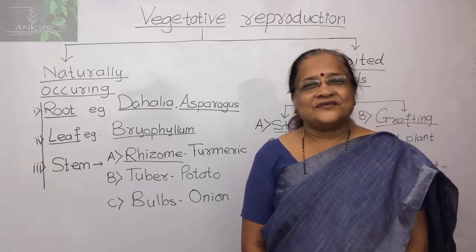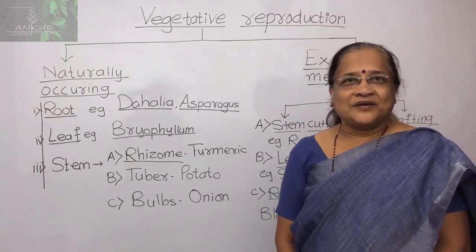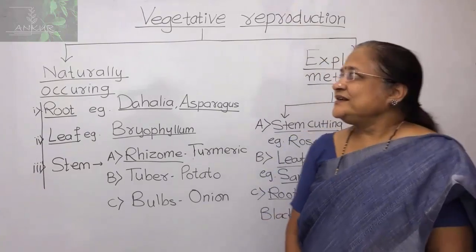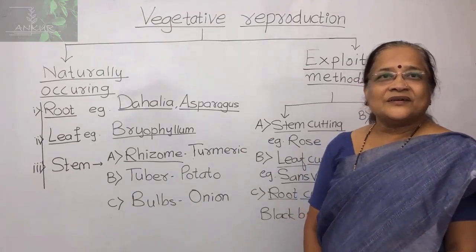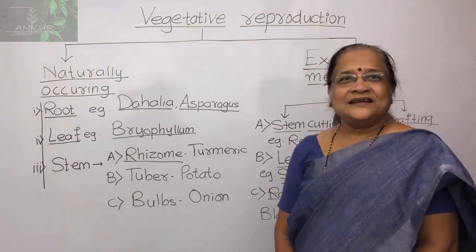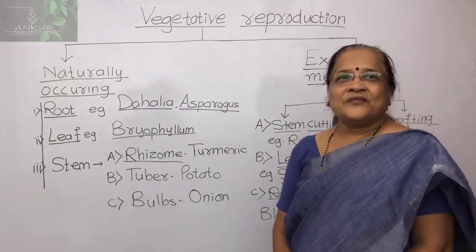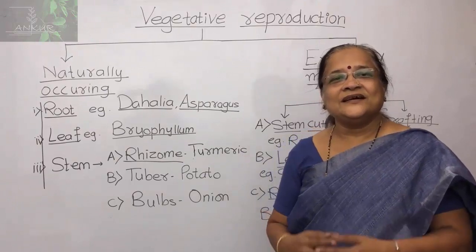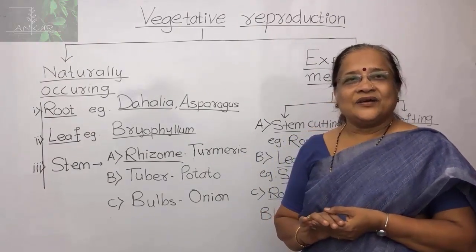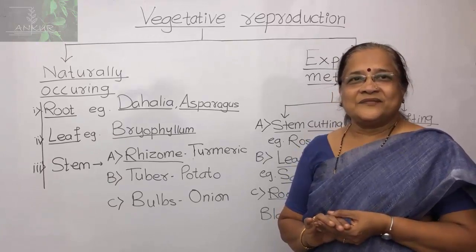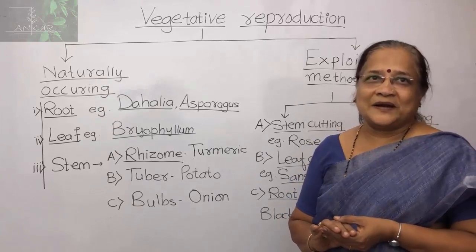In the last lecture we studied the asexual reproductive methods in lower plants. Now we are going to study some methods of vegetative reproduction. What is vegetative reproduction? In that, various parts of the plants are used for propagation, that is, for the multiplication of the plant, and on these parts you get buds, and from those buds or young parts you again get new plants.